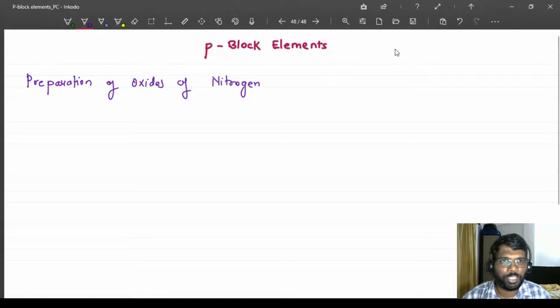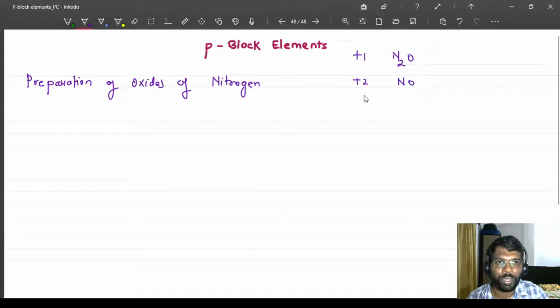For example, I told you the method to remember these oxides. We can go with the oxidation state, where the oxidation state of the nitrogen is +1, then it becomes +2, +3, +4, +5, that way. When the oxidation state of nitrogen is +1, that oxide is N2O. When it is +2, it is in NO, right? When it is +3, the oxidation state of nitrogen is +3 in the compound